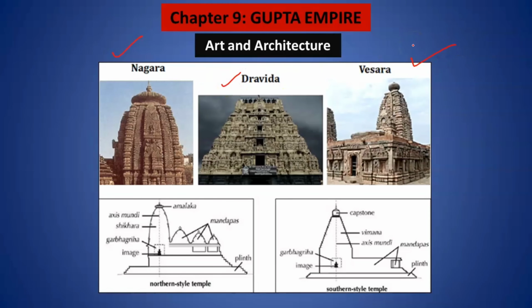I will explain this in the easiest way. You will not find an easier explanation anywhere else. It's a challenge to you. Basic thing: Nagara is an example of North Indian temples. Very simple. Dravida is an example of South Indian temples. Sir, what about Vesara? Vesara is a mixture in which both the styles are mixed. Hope this point is clear.